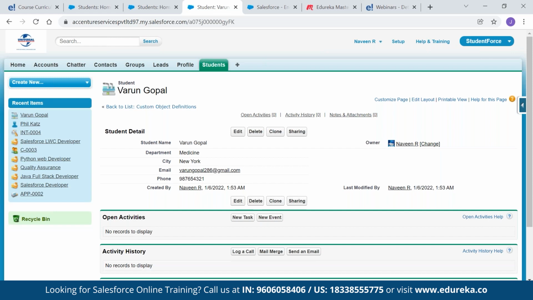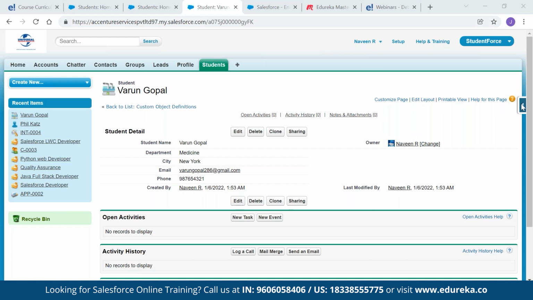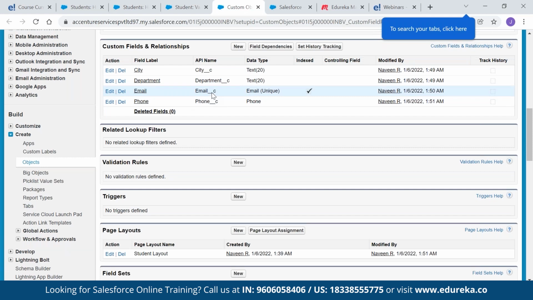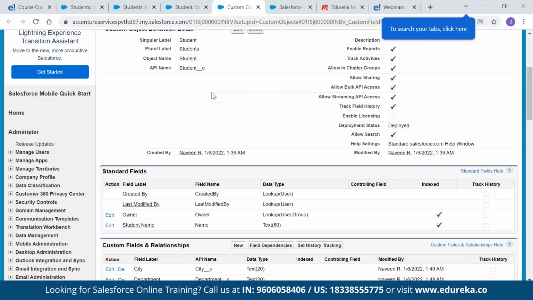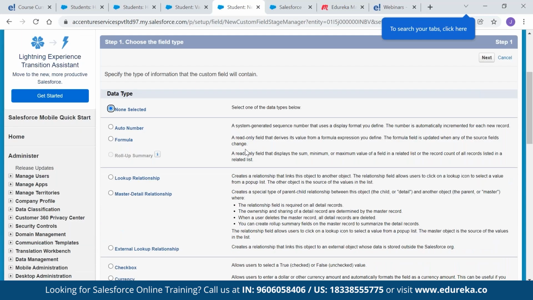Can you see this? This is how the record looks. When you save the record, Salesforce will provide you the Salesforce ID, which is a 15-digit record ID. Understand? So when we created this record, we got to know how to create the object and how to create the fields. Now let us see, whenever we create a new field, what is the action item?